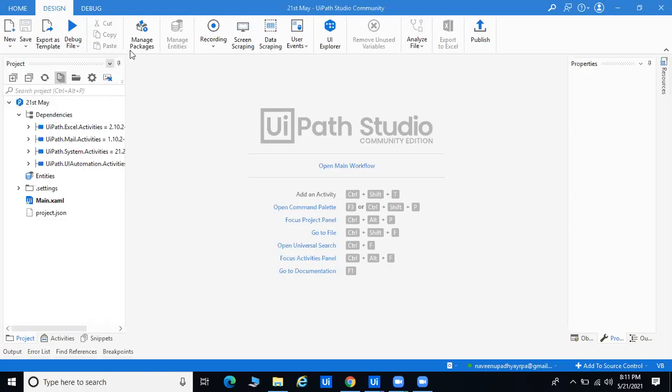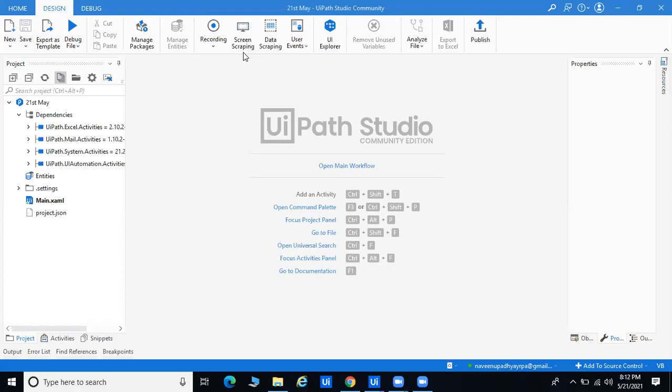Okay. This is the UiPath Studio. You can see here at the top center, UiPath 21st May, UiPath Community Edition. Try to understand. The first thing here, I have launched my software on the community edition. UiPath is not free. Okay. Keep in mind, there are lots of people who say that UiPath is free. UiPath is not free. It's licensed. Anyone who wants to learn RPA can install this software on any system free of cost. It will not charge anything, but after 2 months it will expire.